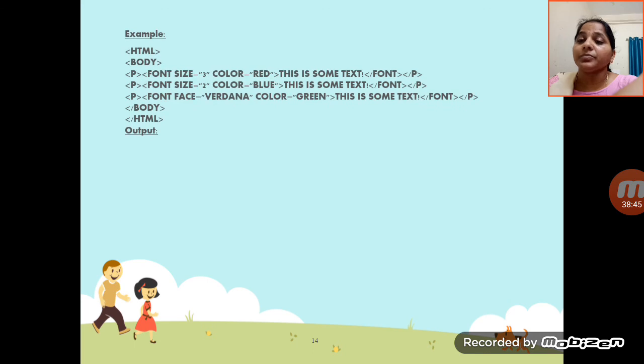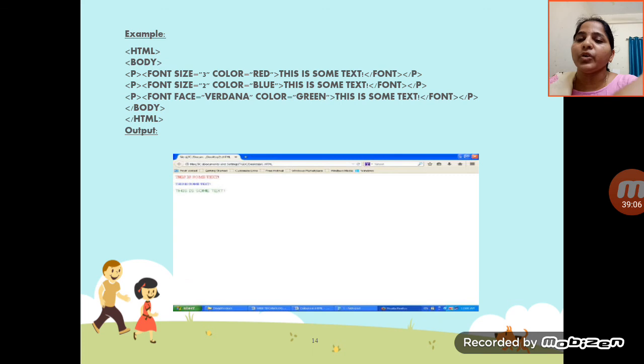For decoration, here is an example with HTML, body, and a font with size and color, choosing the color of the text, with a paragraph in between, then closing body and HTML. What is the output for this program?